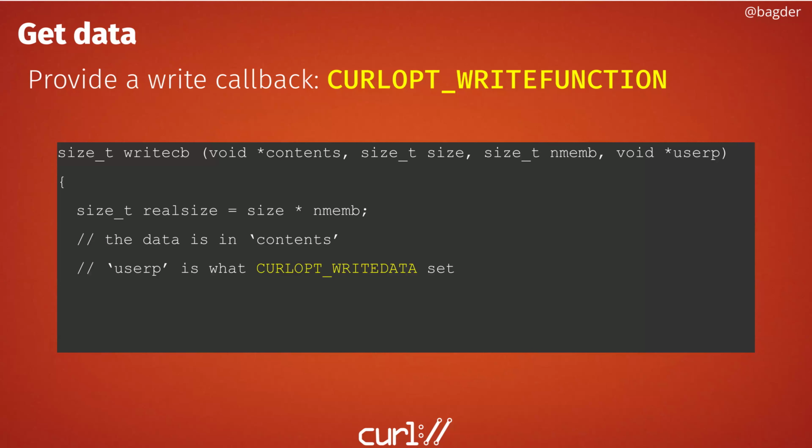If it's a super big download, it will be called many times. If it's a tiny download, maybe just called once or twice or 14. So that's basically what you need to do in this function. You need to handle the data, then return the number of bytes that you actually took care of, which should be all the bytes. If you didn't take care of all the bytes, libcurl will consider that an error and